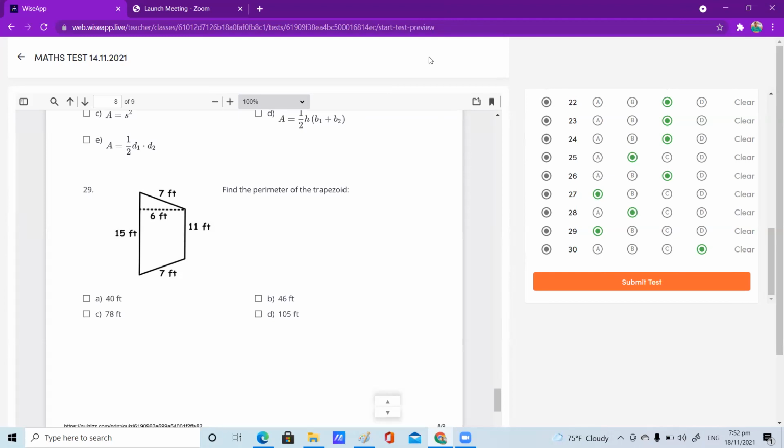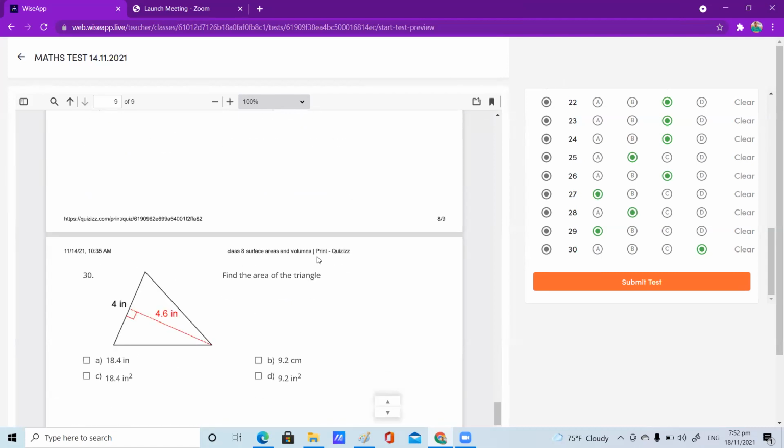Lalit, you are also thinking area, right? Yes, ma'am. Because many area questions make us think about area in our brain. So the question is perimeter. This is one way of making mistakes. The same mistake will happen in the exams, children. Just go through the question carefully. Find perimeter, right? Right, Abhinav.